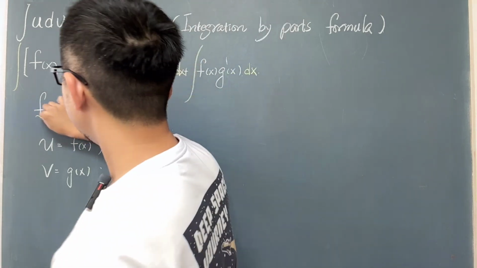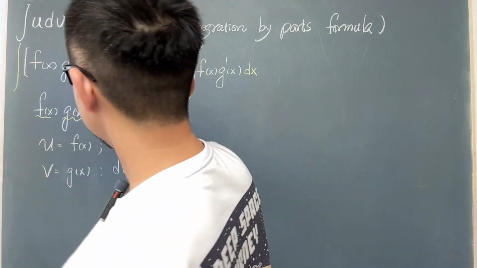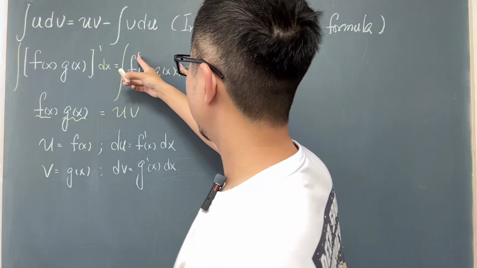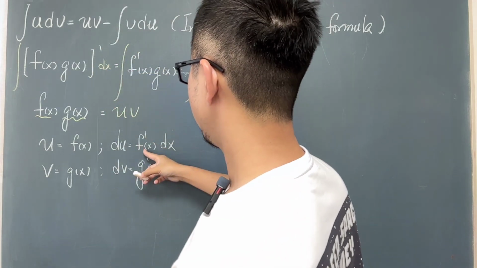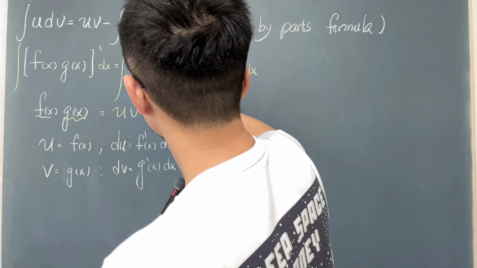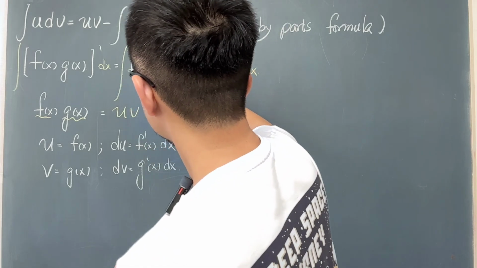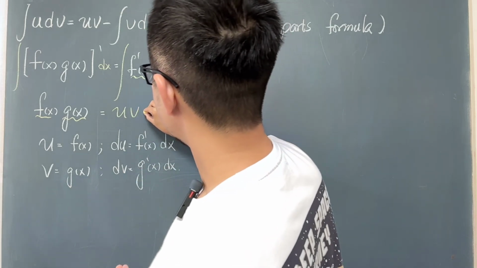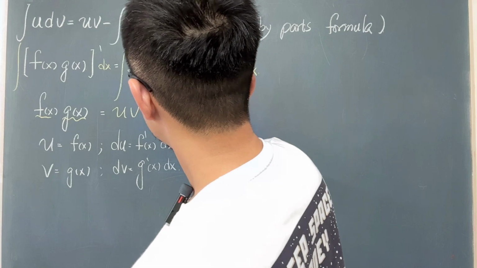So now the f and g will just become u and v. And in the first integral, f prime times dx is actually du, and g of x is actually v. So the first integral term is the integral of v du